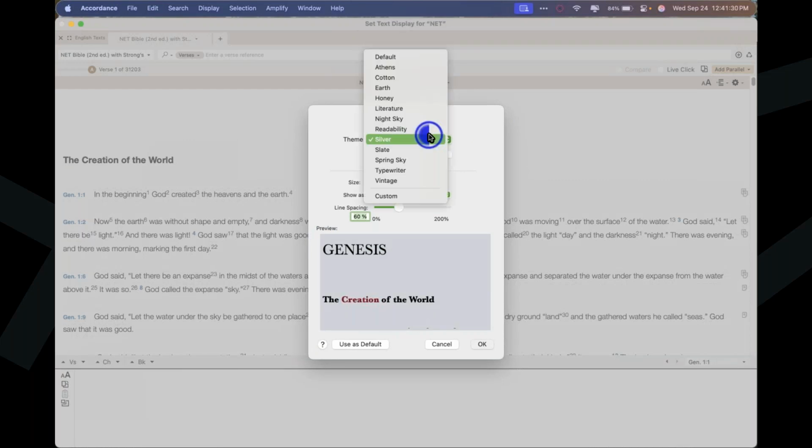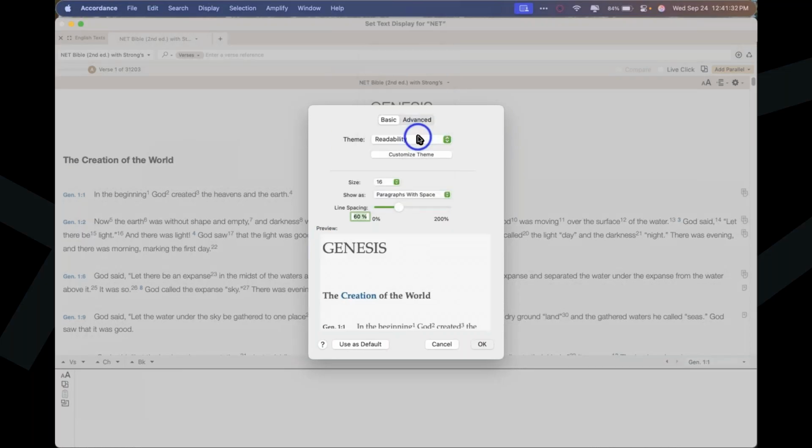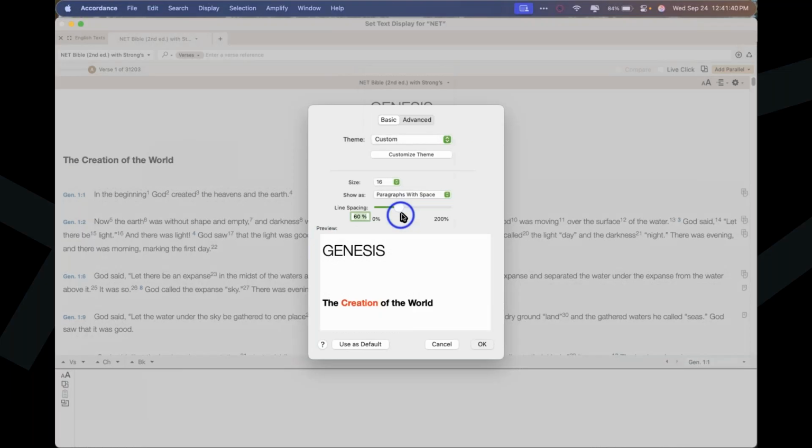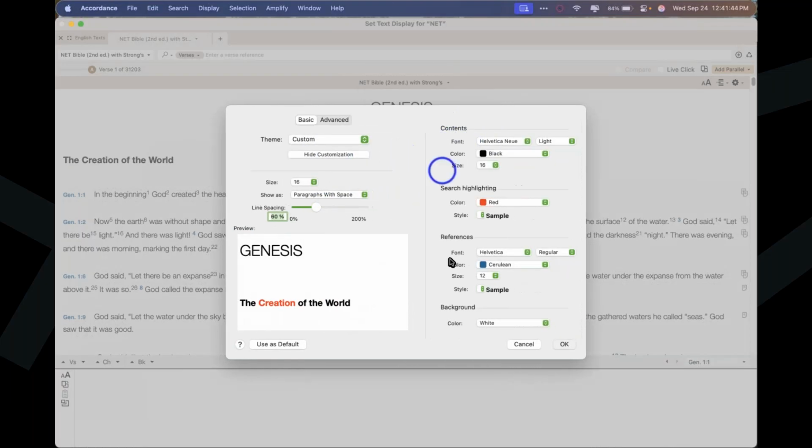You can change all of that, but maybe you find something here you like, this readability theme. Maybe you like night sky. So just either find something there or go to custom, and then here you can click on customize theme, which opens up a little bit of a bigger window here, and you can change the font and you can change the font size. Of course, the font